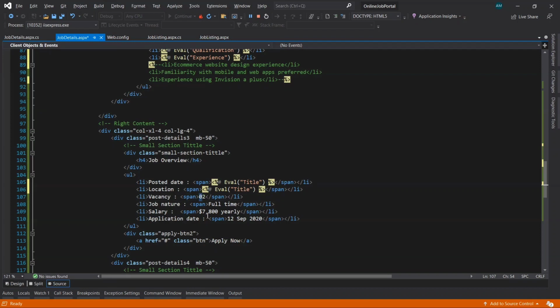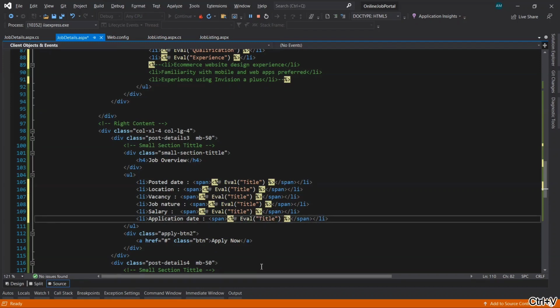Then salary, paste, then again here the date, paste. So we have replaced the code here with our code.